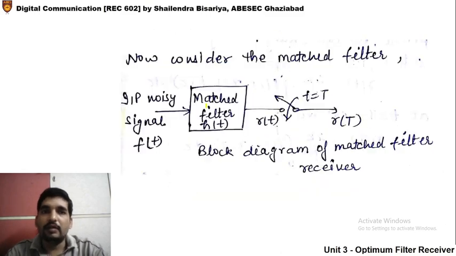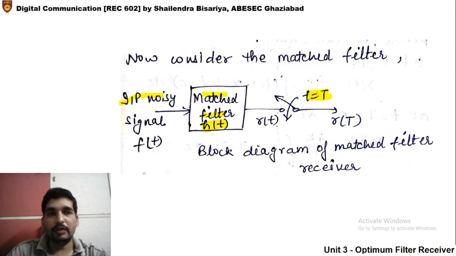Now proceed with the matched filter output. In the matched filter, we have discussed that h(t) is the response of the matched filter, which we have already derived, and we said that we should sample at Tm equal to capital T, where capital T is the period of the pulse. Again, the input is the same as for the correlator receiver, that is f(t) equal to x(t) plus n(t). If you remember, the response h(t) was what?